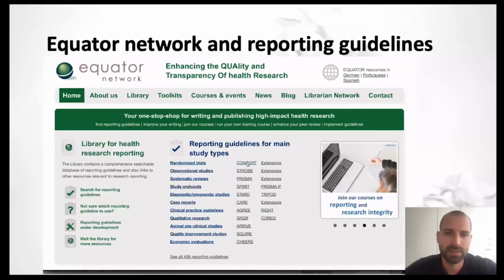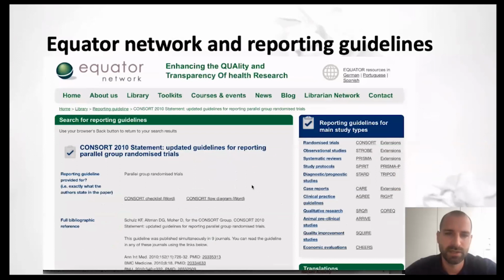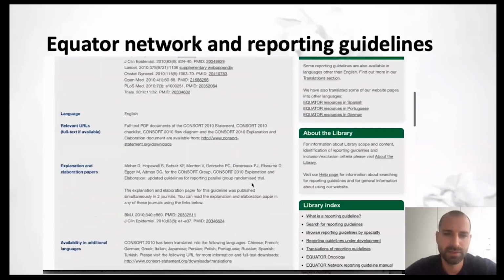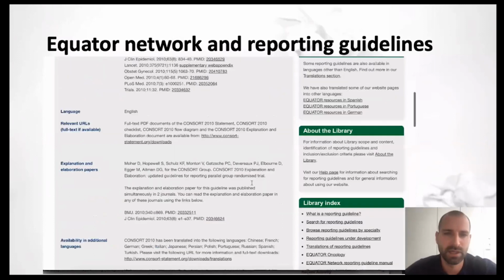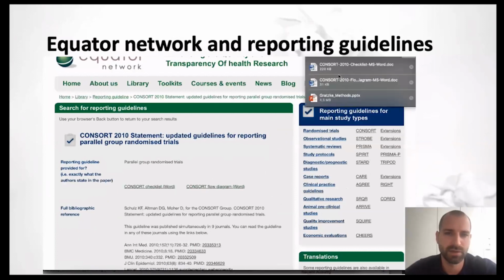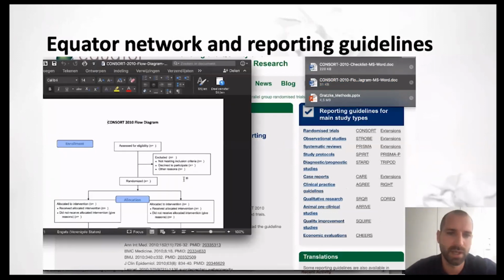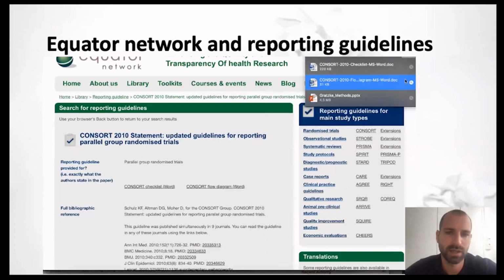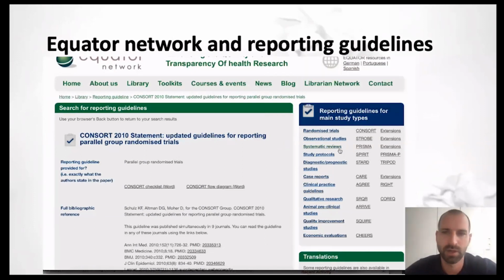The type of study determines the type of reporting that you need to do, and this is also again detailed in the methods section. You can refer to the EQUATOR Network for reporting guidelines, and here you can see the example of the CONSORT statement, which is used for the reporting of randomized clinical trials. You can see on the website all the necessary documents are available for download, such as the CONSORT flow diagram that will need to be included as a figure in your randomized trial if you want to have your trial accepted at European Urology.